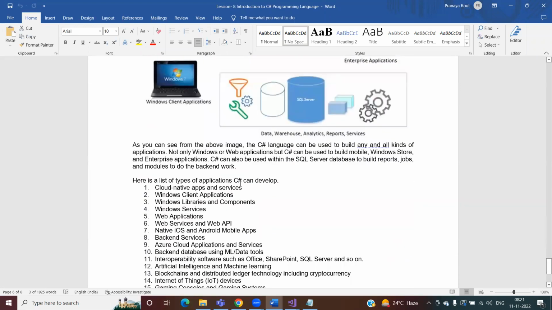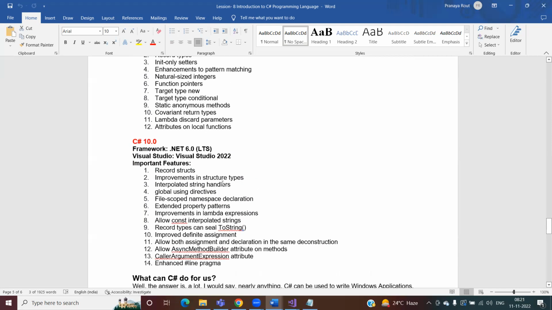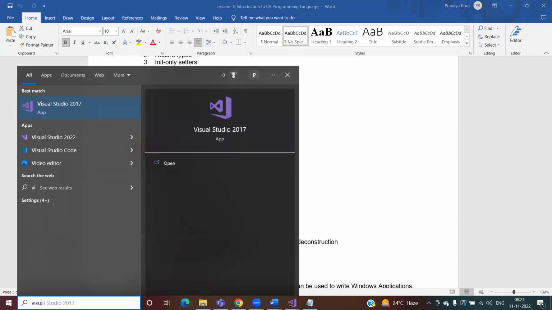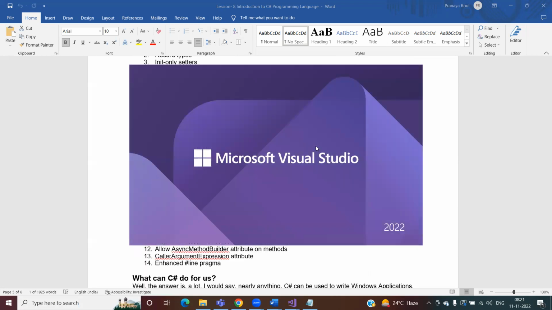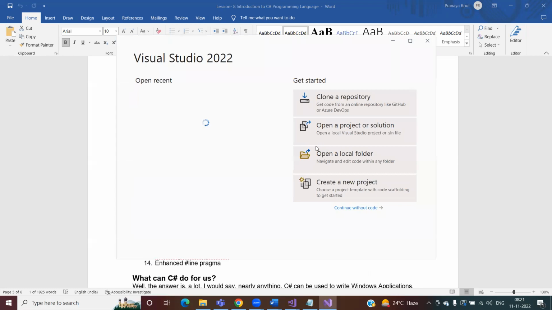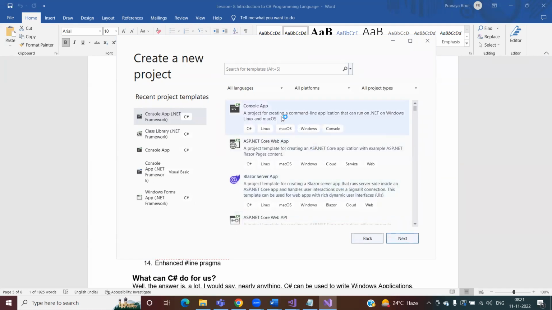I understand it's better to go for long-term support, obviously. Say you are going to develop a .NET Core application: they show that .NET Core means you have to use 2022, right? And when you develop a .NET Core application, they show what support is provided for which version. Let me create a new application and show you. Suppose I'm going to develop, you can see, a project to create a command-line application that can run on .NET, meaning .NET Core, on Windows, Linux, and